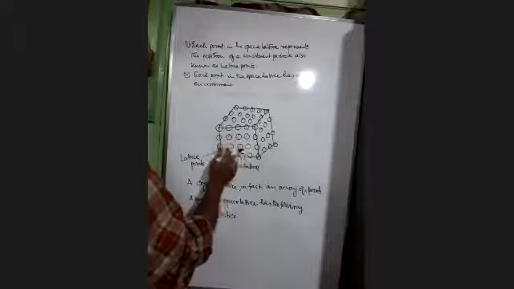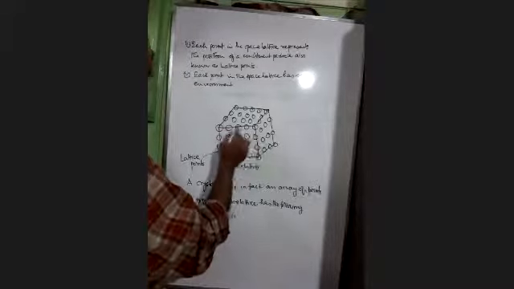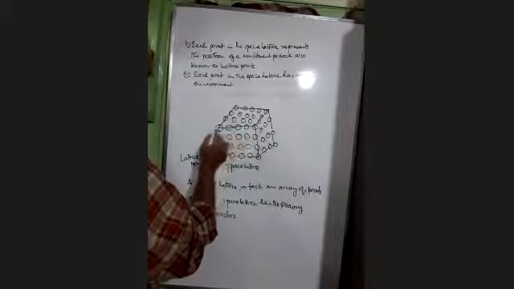If I magnify this, again you'll find they're also being surrounded by the same number of particles. So each point in the space lattice, or lattice points, has the same environment